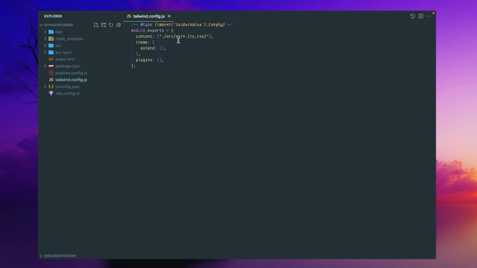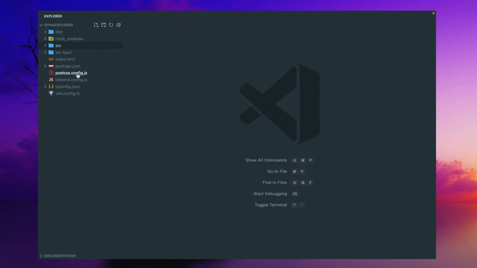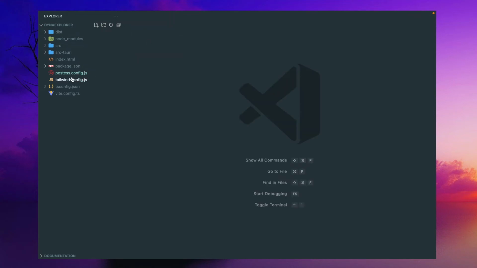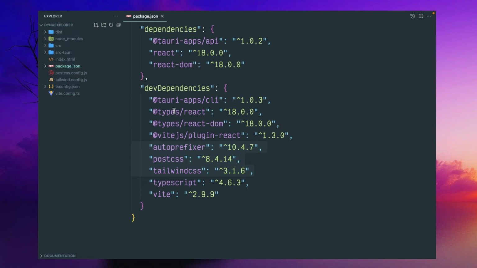In Tailwind, I have given the source path where the code base is located. This is the src directory, and because I am going to use TS and TSX, I modified the default JS, TS, JSX to TS and TSX. This is the only modification I have made in this file. And this postcss config is the default configuration. And in this package.json, if you notice,